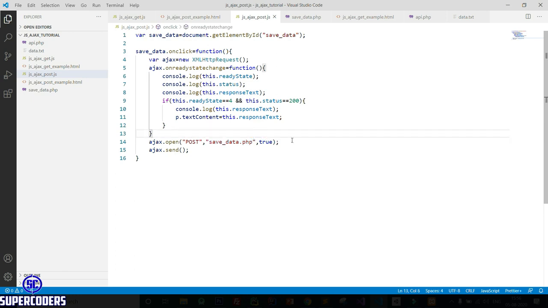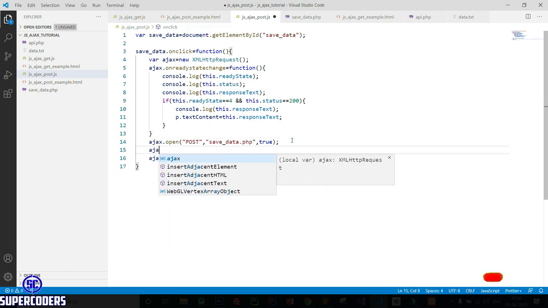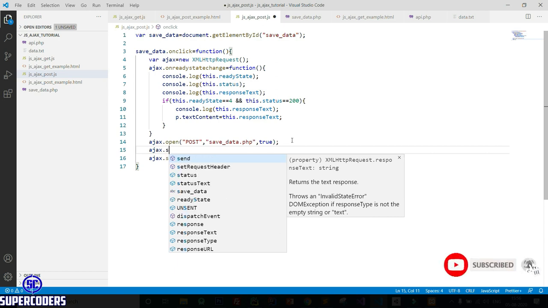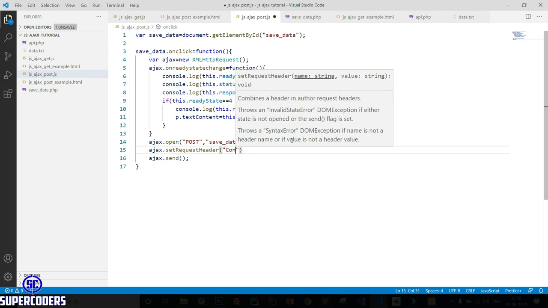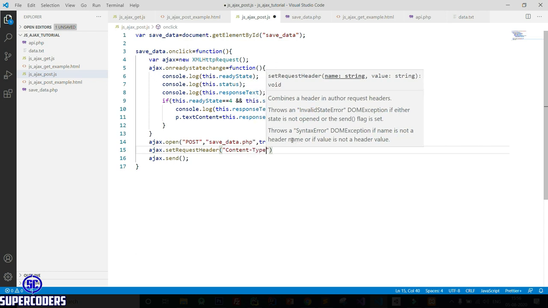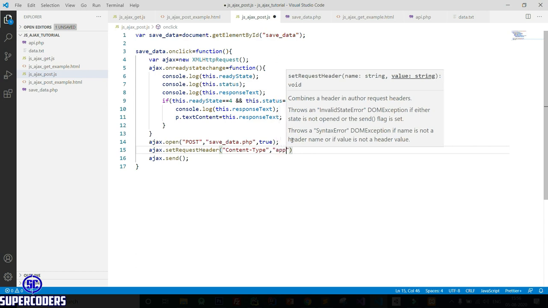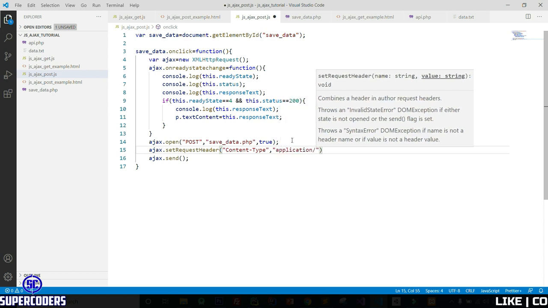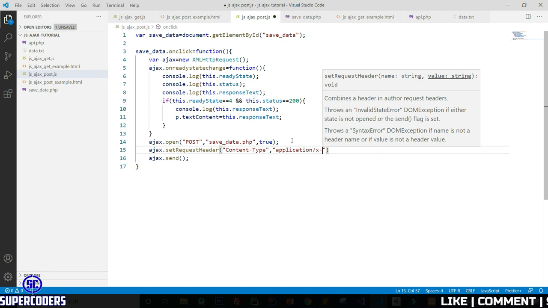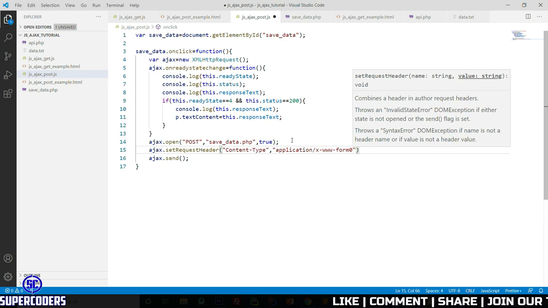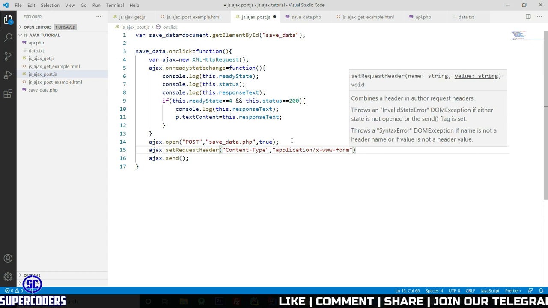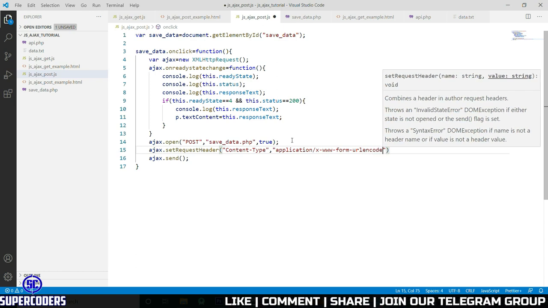So for this you need to add one more thing, Ajax dot setRequestHeader, content type, comma, application x www form URL encoded.